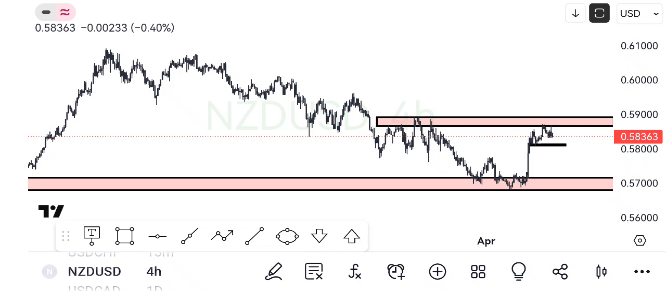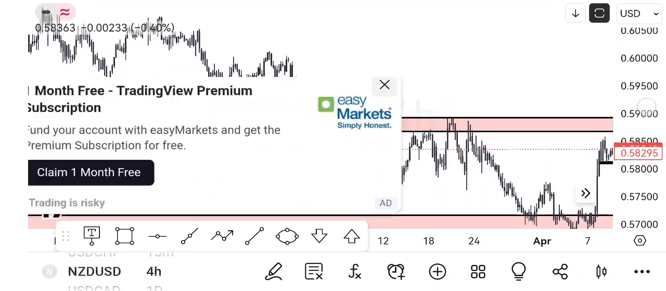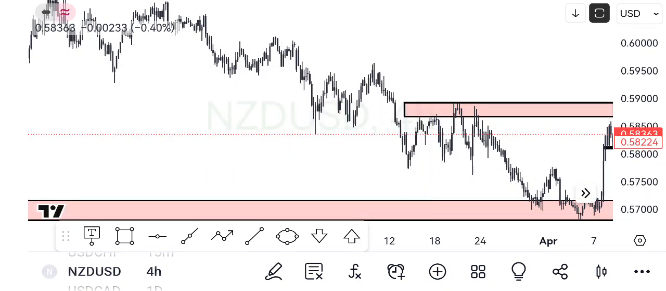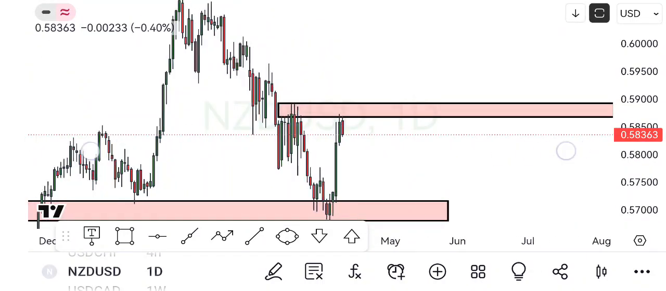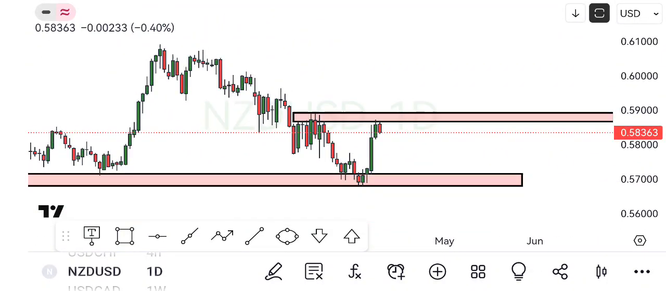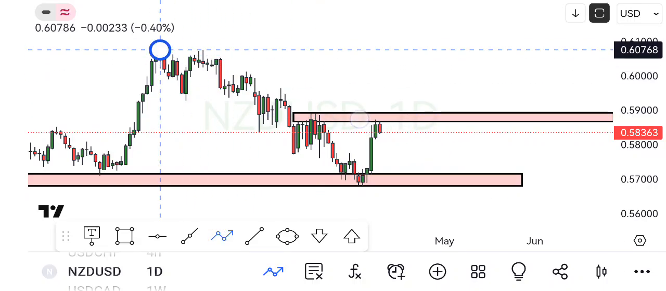The one thing I should mention is that the 4-hour time frame and the lower time frames are noisy. That's why I prefer going up to the higher time frames. Right here, I'm going to focus only on the fact that I am seeing a downtrend,